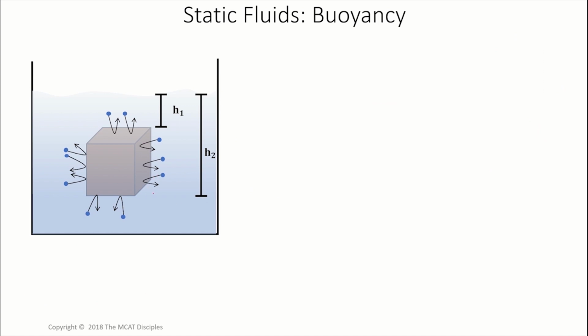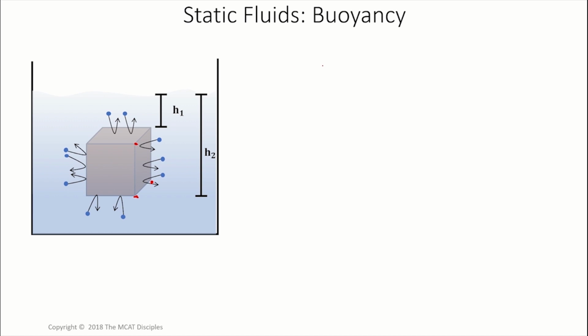And you know, since pressure is a function of depth, that the pressure at this depth is going to be higher than the pressure at this depth. So you know that there's a pressure gradient here. And if there's a pressure gradient, what's going to happen? Then they're going to flow down the pressure gradient, assuming they have a pathway to flow. In this case, there is a pathway to flow.